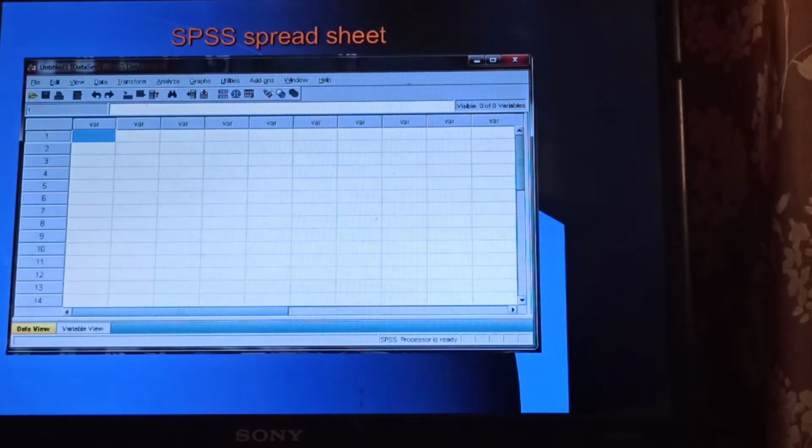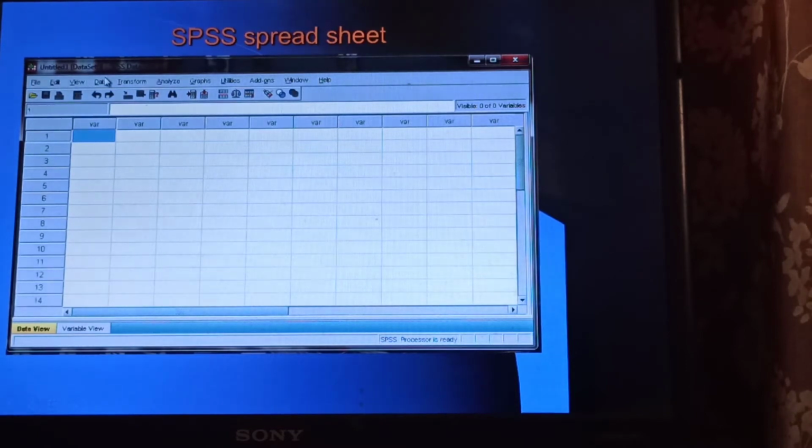Once you start the package, the SPSS data editor spreadsheet will appear like this. Then there are file management, editing, view data, transform data, analyze data, graphs, utilities, and so on. So we'll be using these icons.